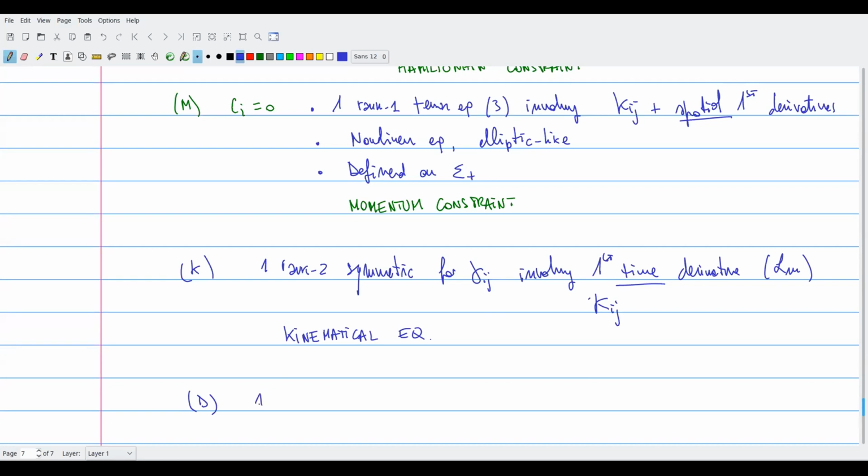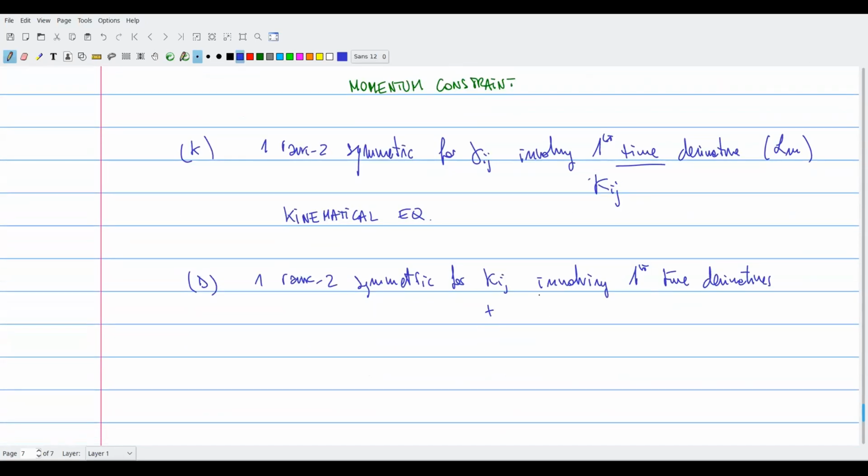And finally, we have the D equation, which is a similar one. And we consider it an equation for Kij, and it involves also the first time derivative of Kij plus second partial derivatives of the metric, of the three-metric. Okay, and this is what we can define to be a dynamical equation. So in some sense, this is what really defines the time evolution